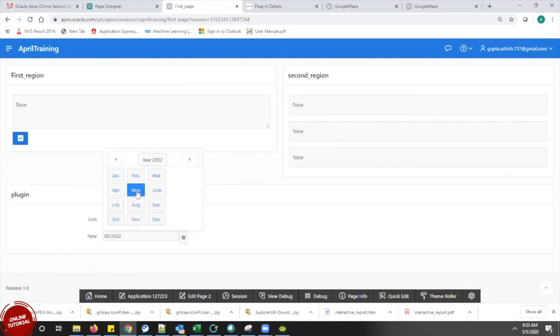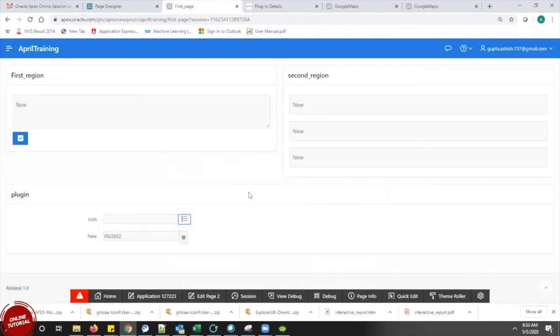After getting my month, if I click, I can see that month and that year. So this is how the plugin works. This is a good example, easily understandable. I just saw this and took it.